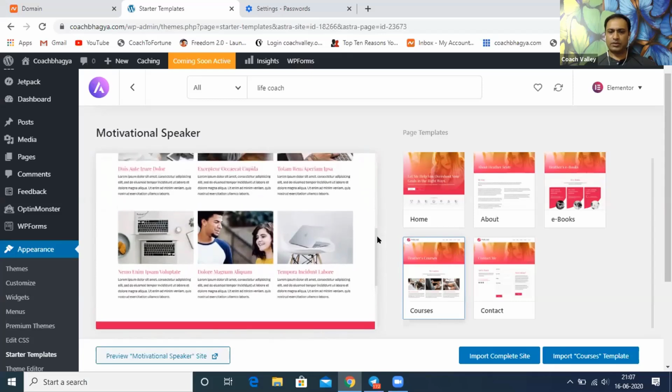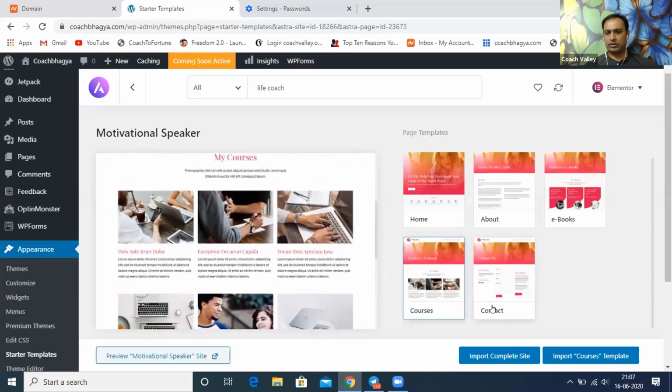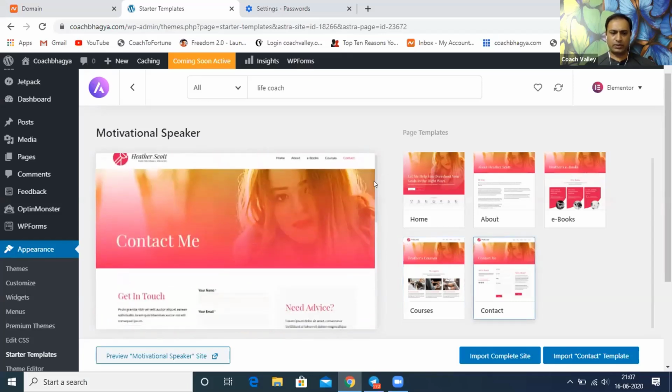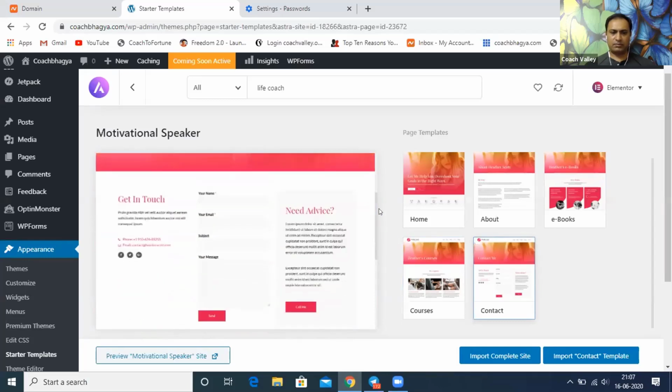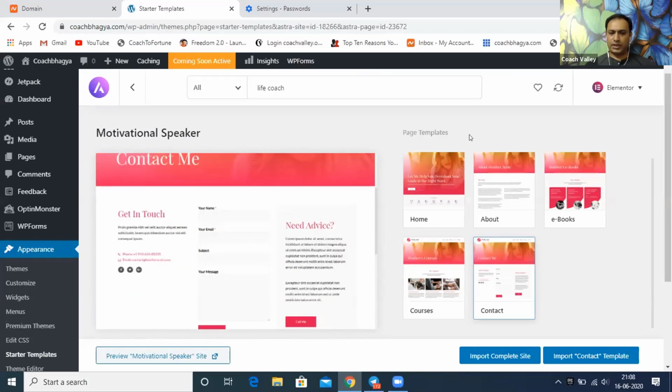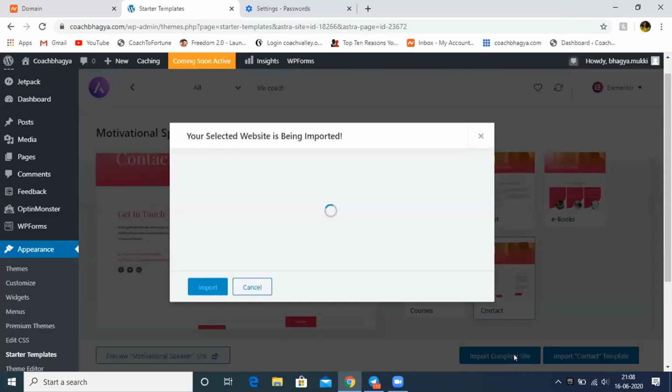Okay. So go to the contact. Contact also looks good. It's got exhaustive, get in touch, need advice, and click on, okay. Now what you do is click on import complete site. Okay. Can you see there at the bottom? Import complete site. Click on that. Okay. Hold on for a minute. Okay. Now here,